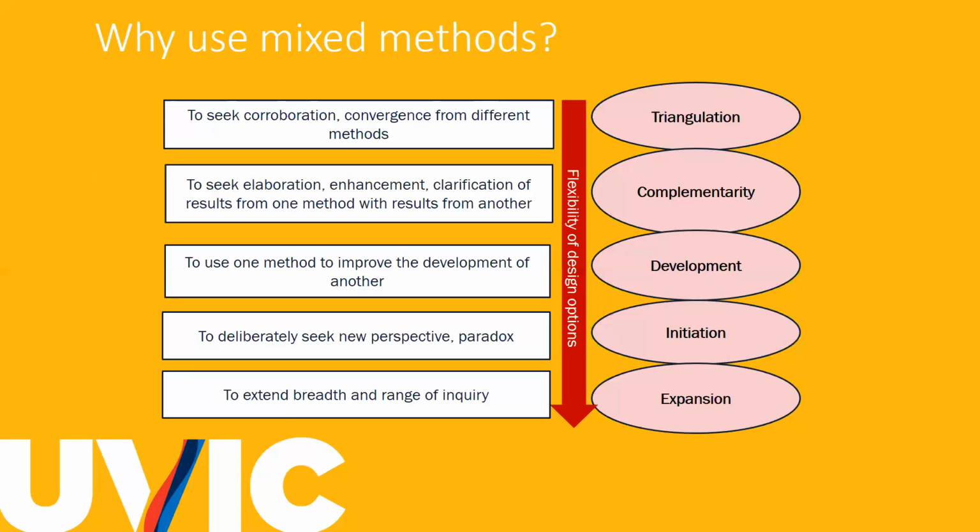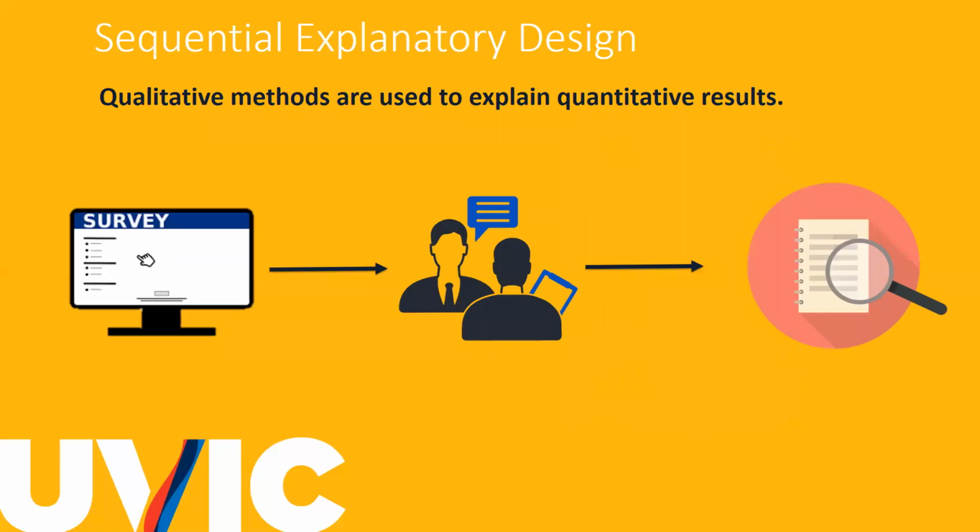And then you can extend the breadth and range of inquiry. You can expand by seeing the broad constellation of things. So maybe you're doing a model and you want to explore how these factors relate to one another, and therefore broaden the number of factors that you might be interested in. That's all a bit abstract, and certainly any given study could have multiple of these purposes or motives in conducting a mixed method study. Now, the 4 designs that we focus on in the textbook,